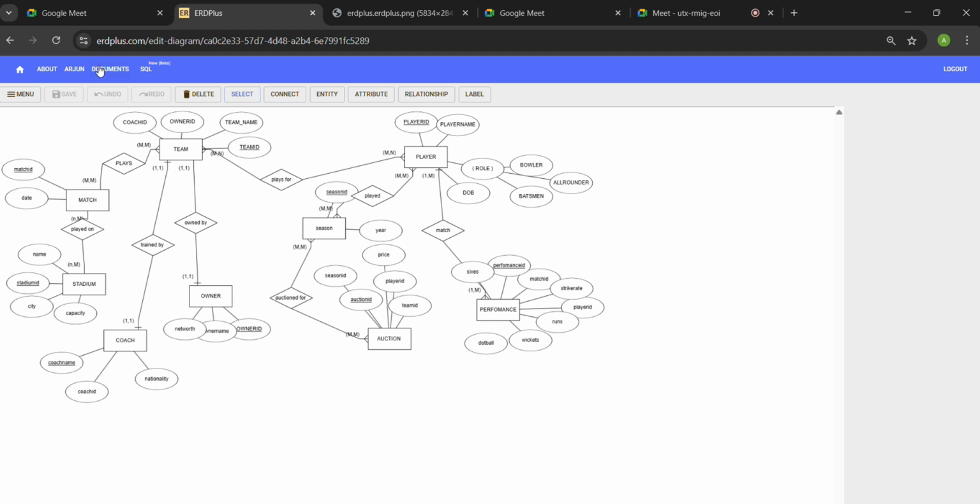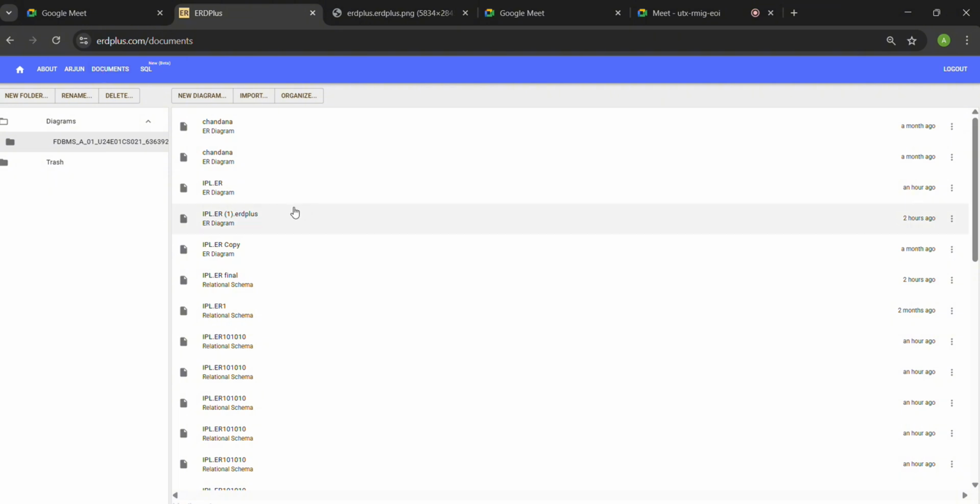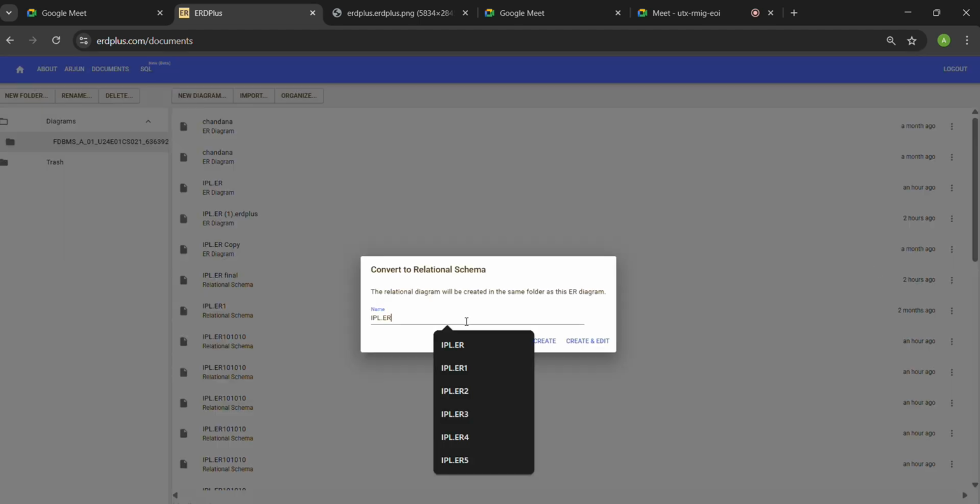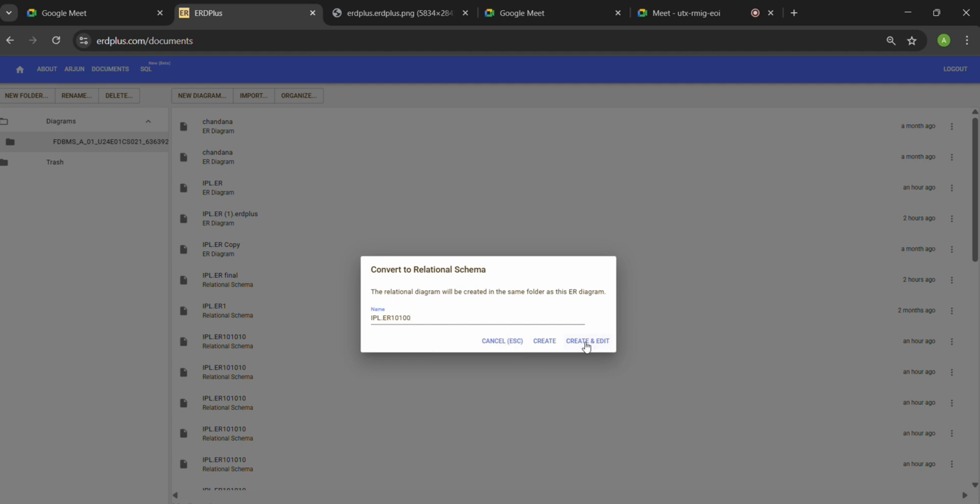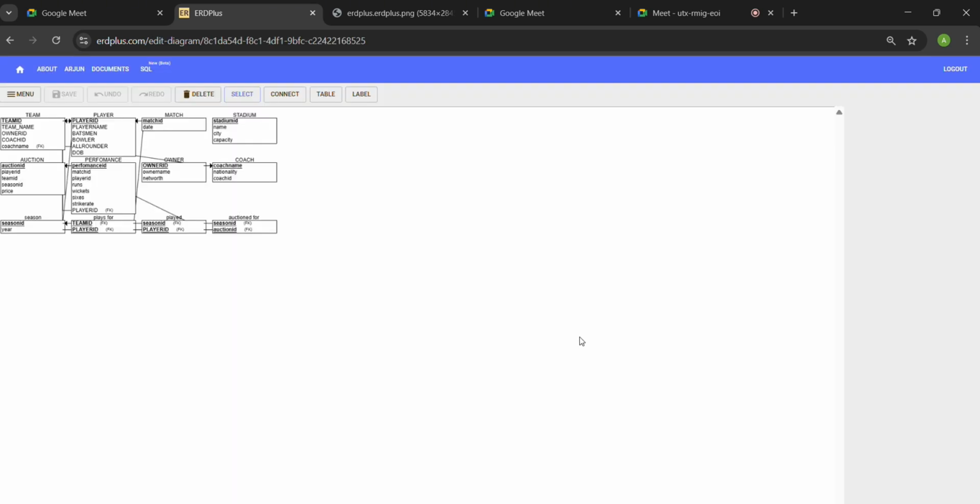For the relational schema, I will directly generate it here. See, this is our relational schema. For the team, I will go with the primary key and foreign key here. The primary key is team ID and the foreign key is coach ID, coach name, sorry. Then going with players, player ID is the primary key and it is connected with